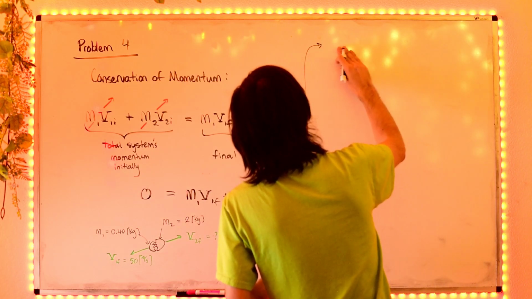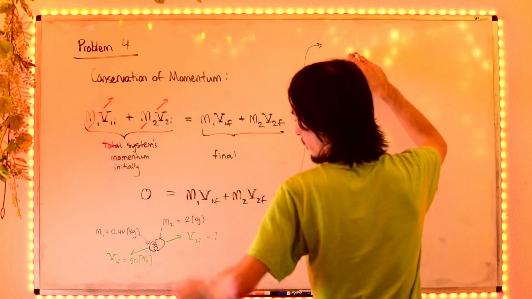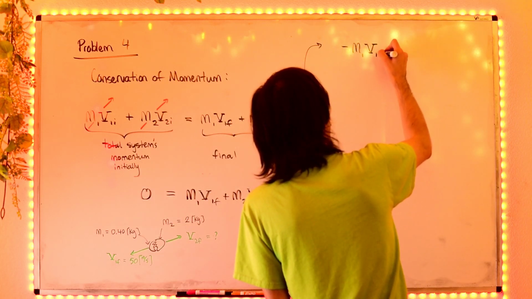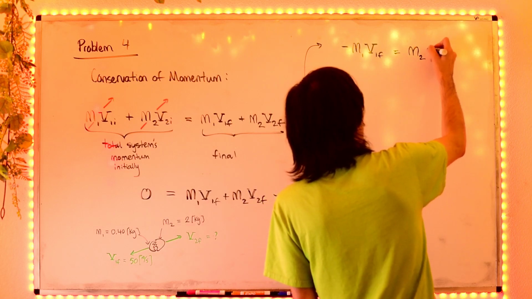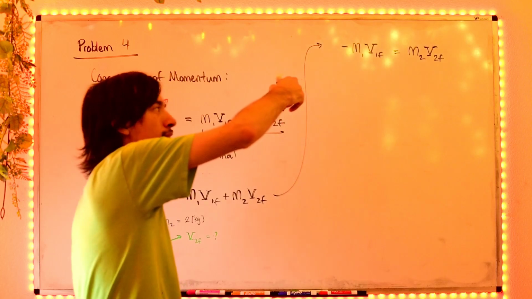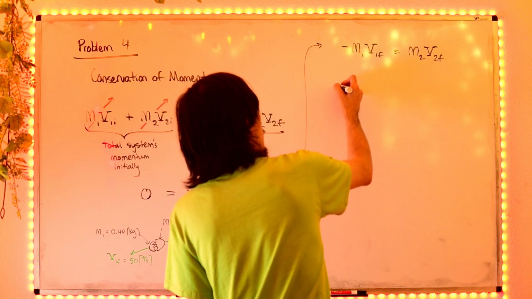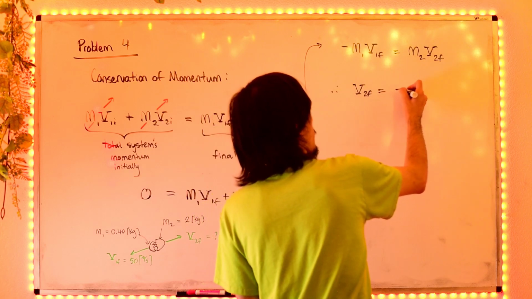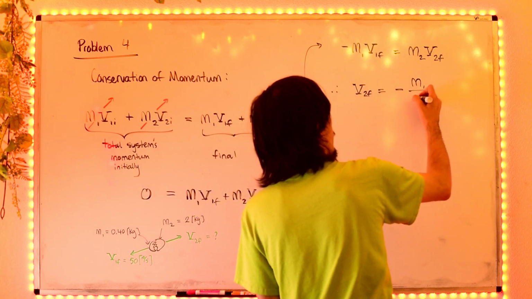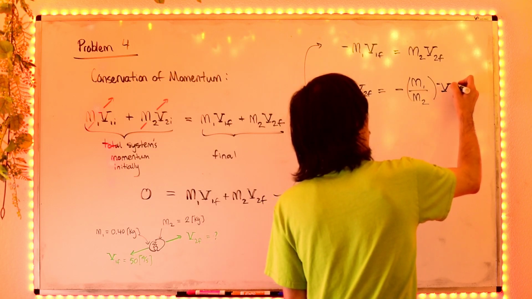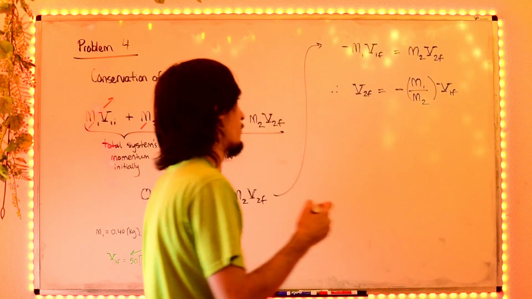So move the term over to the other side, so minus m1 v1 final equals m2 v2 final. Divide off by the mass. I'll group the masses together, so therefore v2 final equals minus m1 divided by m2 times the final velocity of